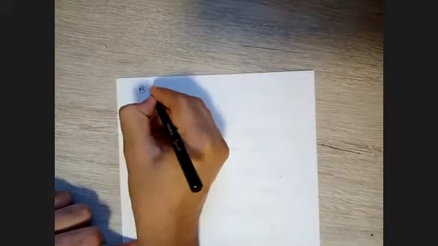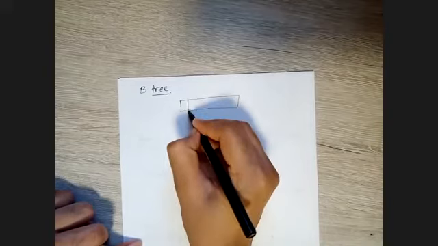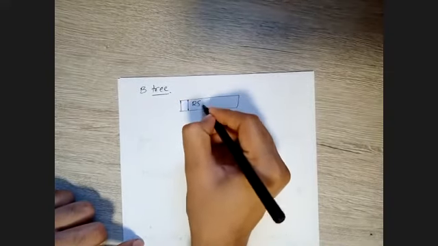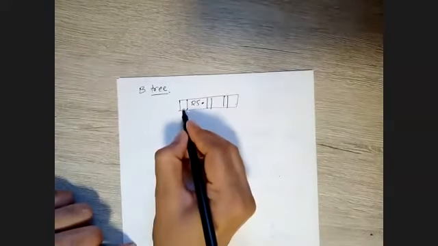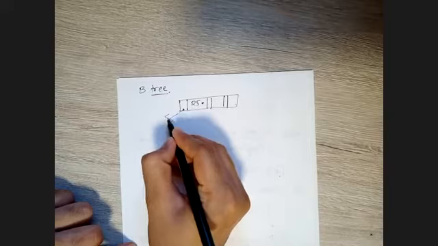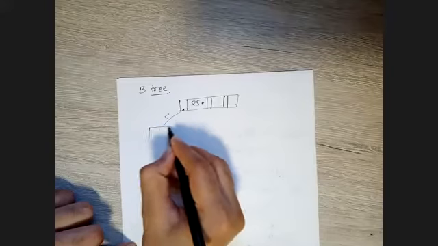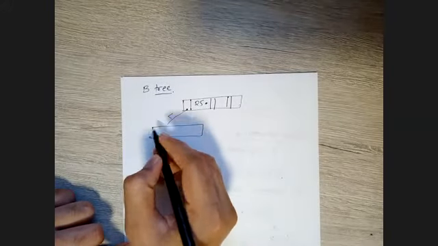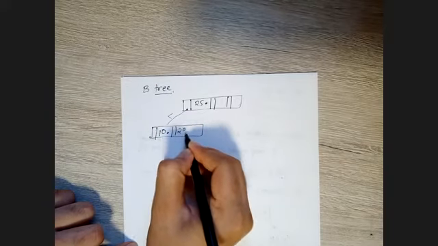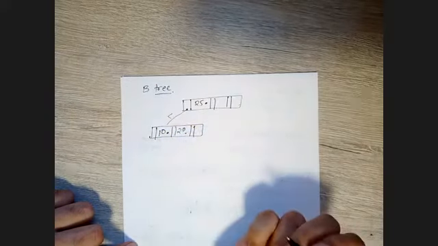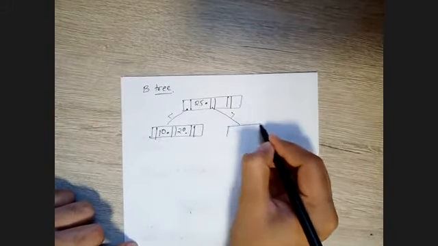For B tree, see how it is. You have the node, you have the block pointer, 25, then you have some record pointer, and in that way you have the rest of the node, right? So these values will be, this way, all the elements less than 25 on one side and greater than 25 on the other. For example, here the values are, let's say, 10 with some record pointer value, then 20 with a record pointer value, and so on. And these values will be greater than 25, right?